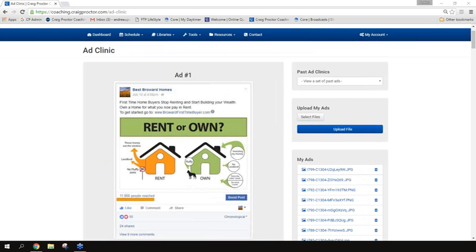Ellen asks, please give me some suggestions as to a headline for a Facebook ad for a listing in a 55+ community. Okay, well, first of all, you know that any one single listing is going to be disqualified. Honestly, if the reason that you want to run that Facebook ad is to sell that property, it's not going to work. You're going to be very disappointed because no ad is going to sell your listing.